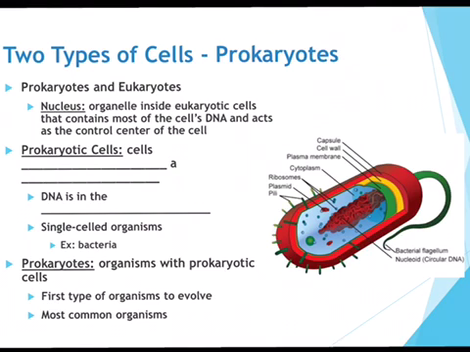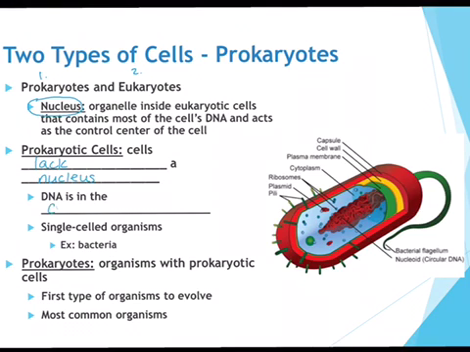There are two types of cells based on the nucleus. The nucleus is the organelle inside eukaryotic cells that contains most of the cell's DNA and acts as the control center of the cell. So the presence of the nucleus is what will determine if a cell is prokaryote or eukaryote. Prokaryotic cells are cells that lack a nucleus,